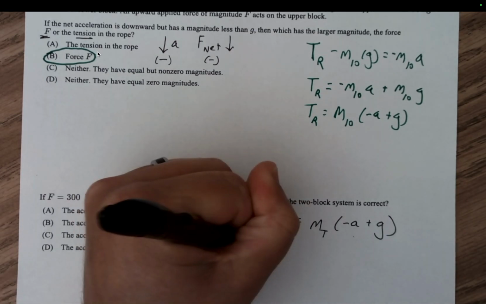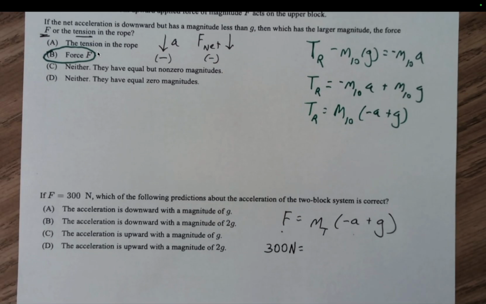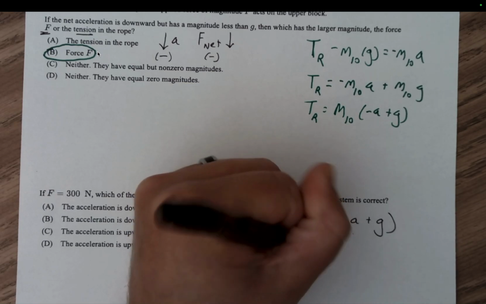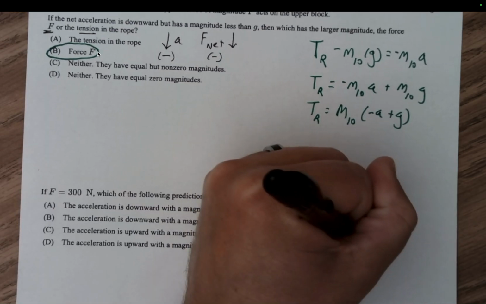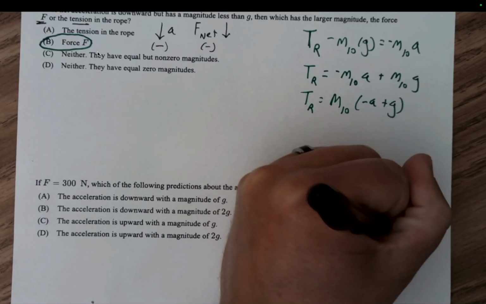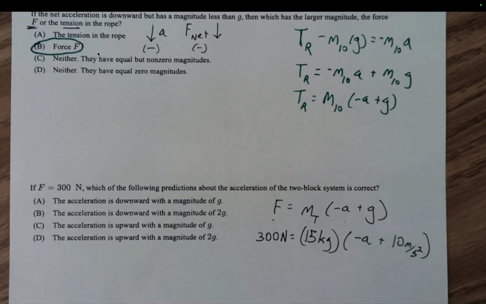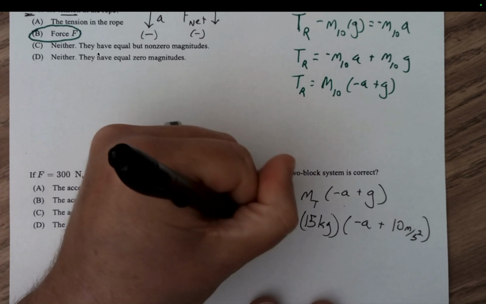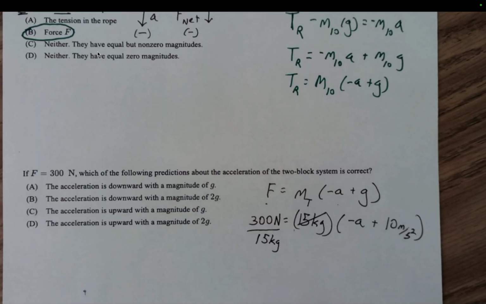I know that we have 300 newtons, that's that force F, that's what's given in the problem. The total mass, that's the 10 plus the 5, so that's 15 kilograms, that's the total mass of the system. And we have this negative A, and we know the value of G. G is 10 meters per second squared. So now that we have that, I can divide by the 15 kilograms. That cancels that out on the right-hand side, so